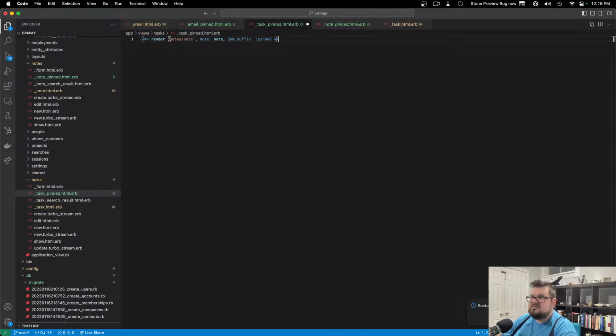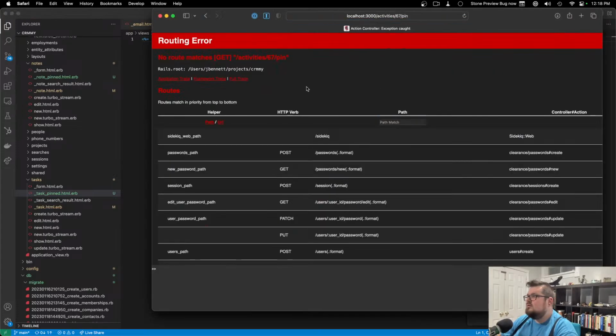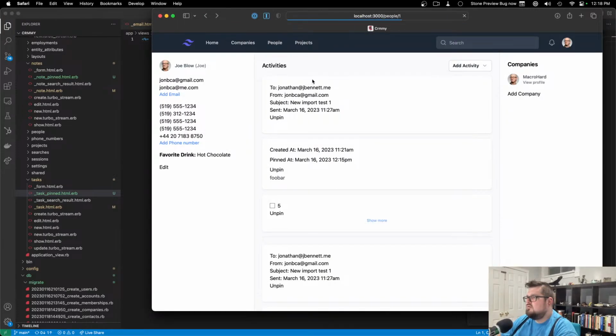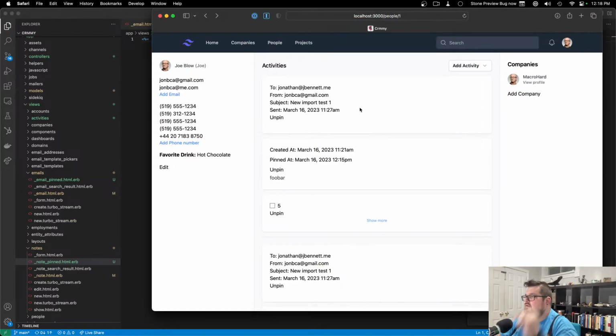All right, so here, I'm just going to check this out. Can I do render task DOM ID pinned? Yes, we can. So let's just cut all this redundant stuff out, and note. We can cut out all of that. Beautiful. So now I can unpin the,